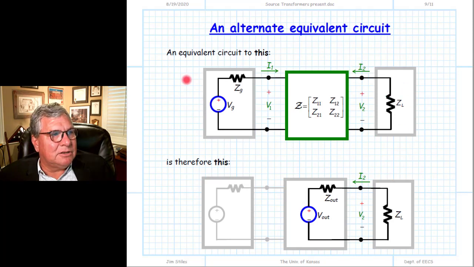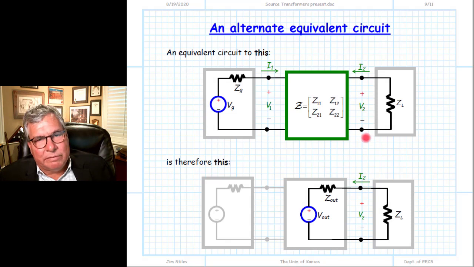Now let's take everything to the left and combine it into one equivalent circuit. It's the Thevenin equivalent, and we have that here. Once again, it's important to interpret this step of going from this to this as a source transformation. We look at it as if this two-port device transforms this original source into a new source. We put a source and connect a two-port device to it, and now we have a new source transformed by